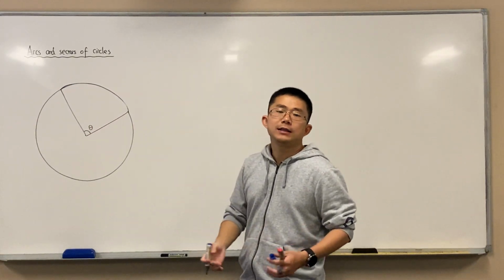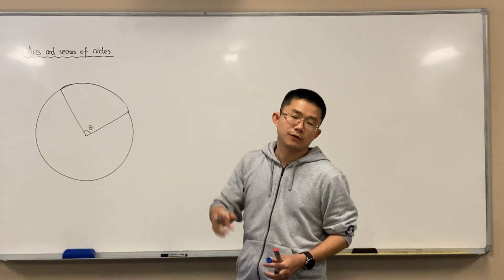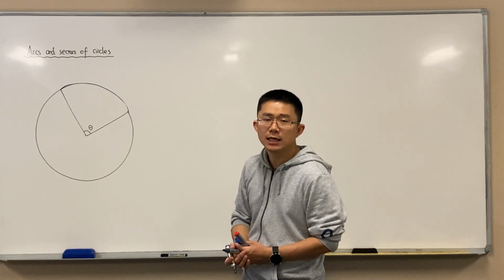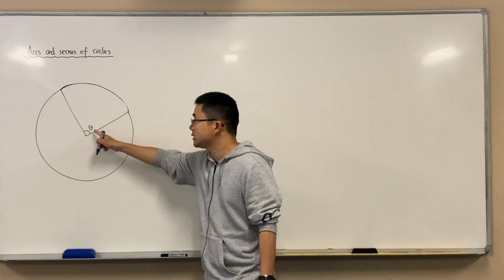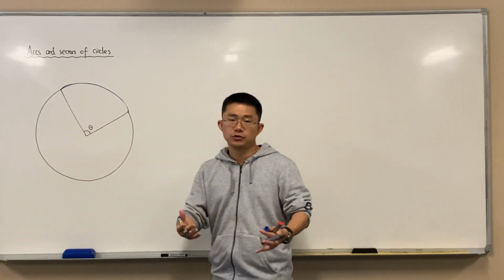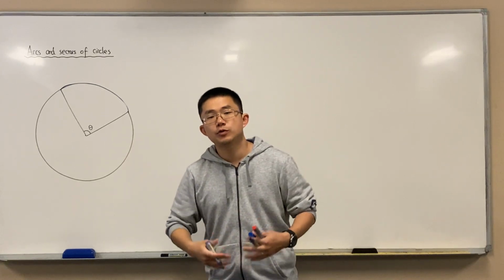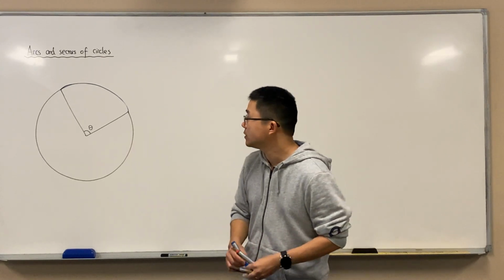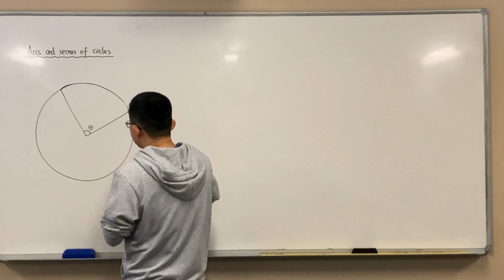Well, we know how to find the length of the whole circumference, which is 2 pi r or pi d. Then all we need to do is work out what this angle is. And once we know this angle, we know the proportion, the ratio, and then we should be able to work out the length of an arc. Alright, so the length of an arc